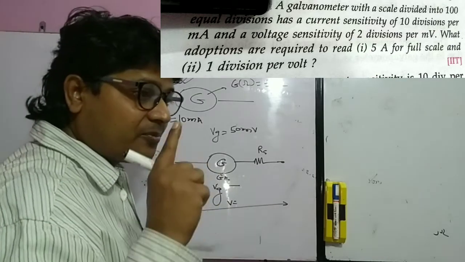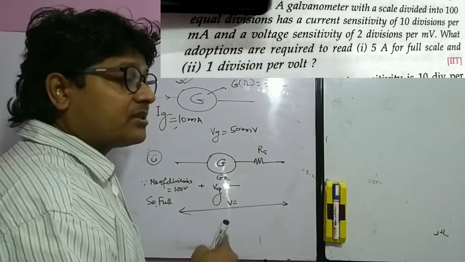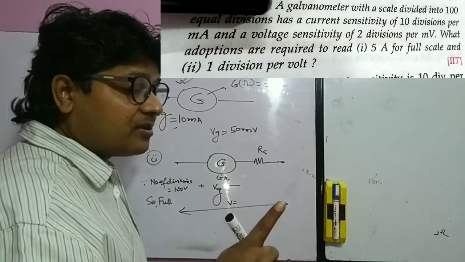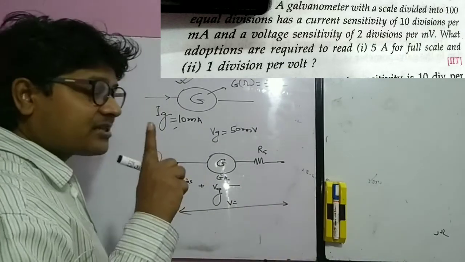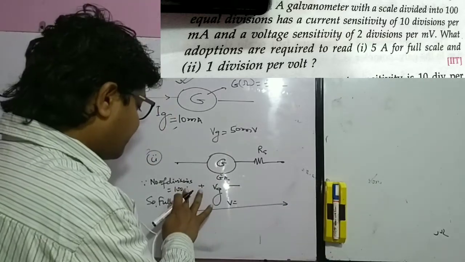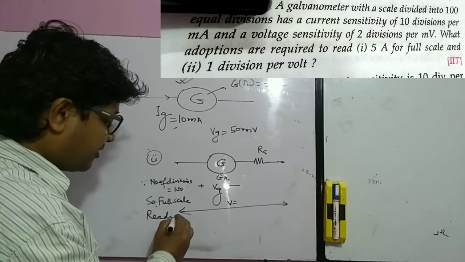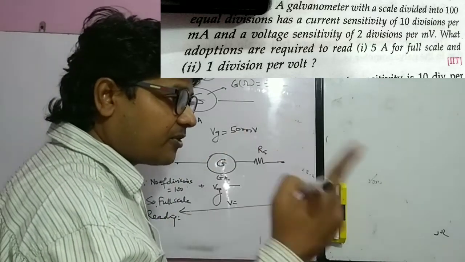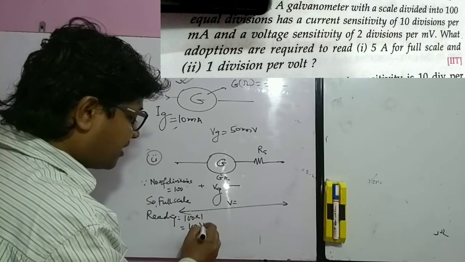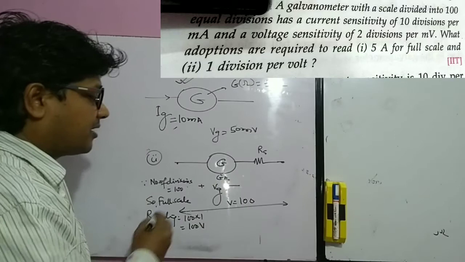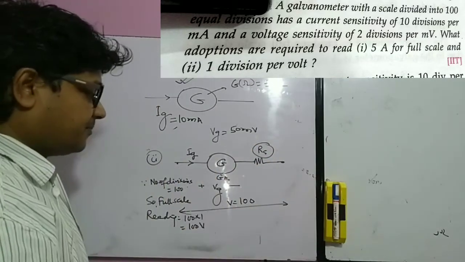It means I have to convert a voltmeter that can read 1 volt per division, right? 1 volt per division. So it has got 100 divisions, so we can say full scale reading will be what? It means one division is responsible for 1 volt, so 100 divisions will be responsible for 100 volt. It means V will be equal to 100, and this Ig is flowing through it, and this Rs. So what will be the value of Rs, right?